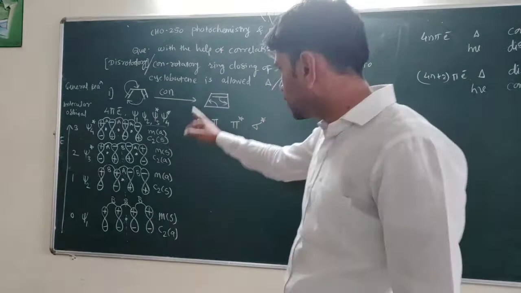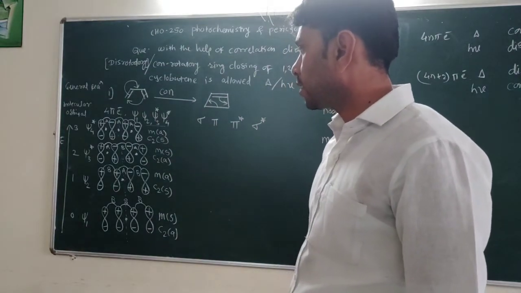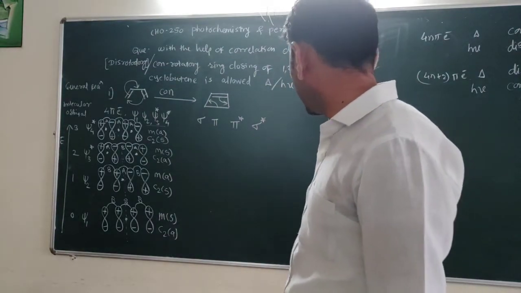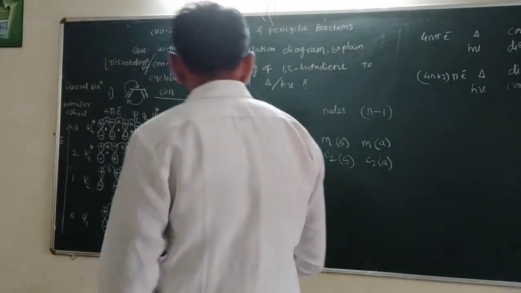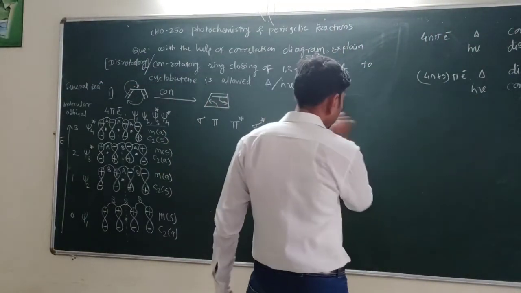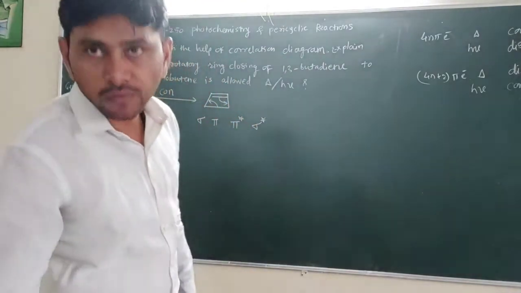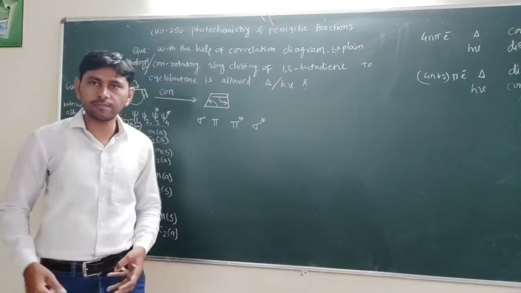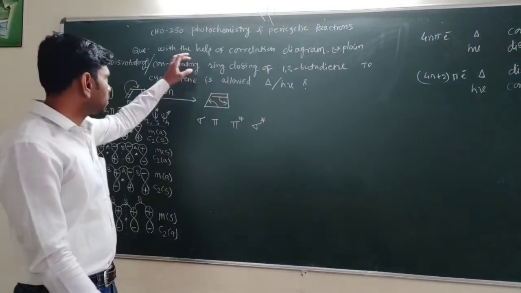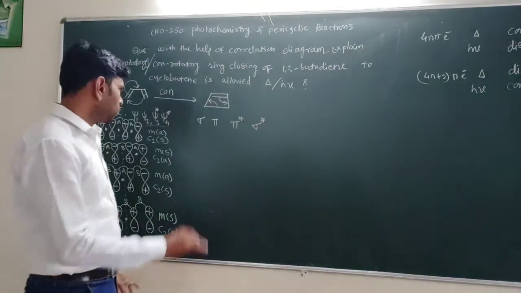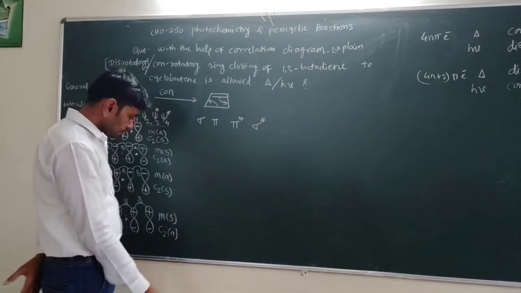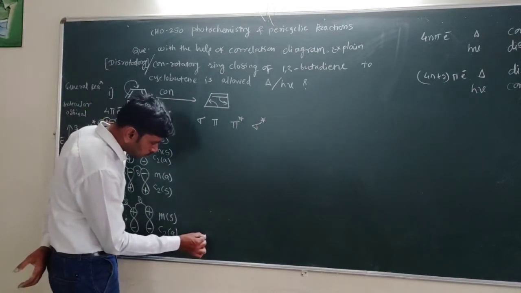So that is about the reactant orbitals. We have drawn the reactant orbitals here. Now we have to draw the product orbitals one by one, and then draw the symmetries for the product orbitals also, and correlate them to identify whether this non-rotatory motion is allowed thermally or photochemically. So we have to see that. But first we have to draw the orbitals.